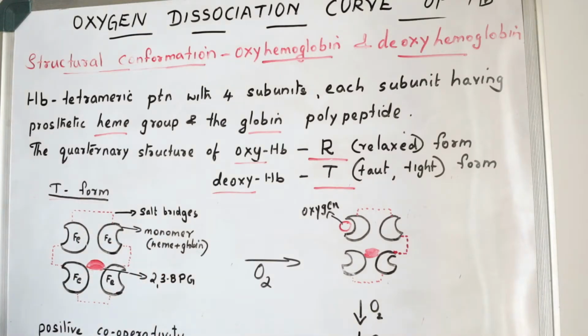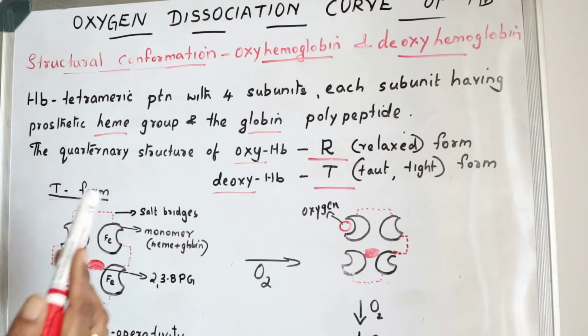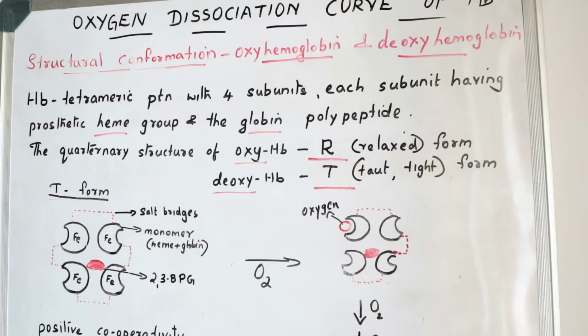And not only that, there is one molecule, 2,3-bisphosphoglycerate or 2,3-diphosphoglycerate, that also stabilizes this T form. This 2,3-bisphosphoglycerate also prevents the addition of oxygen to, or carrying of oxygen by, the T form. So by these characteristics, the presence of the salt bridges and the presence of 2,3-bisphosphoglycerate, the T form is prevented from carrying oxygen. So that is the deoxyhemoglobin. This cannot carry oxygen. And now we can move to the relaxed form or R form.